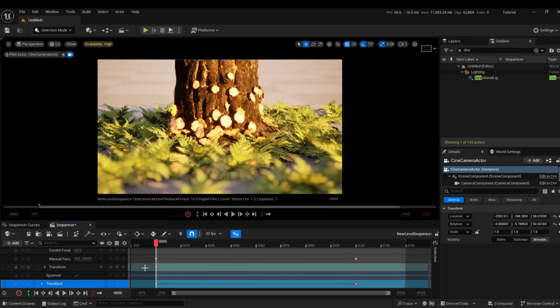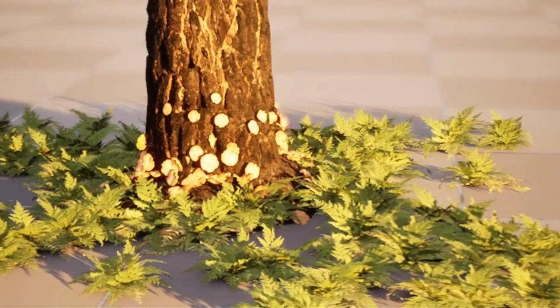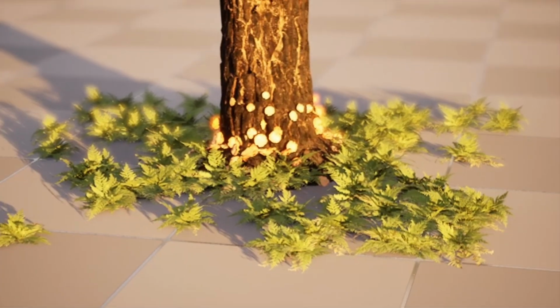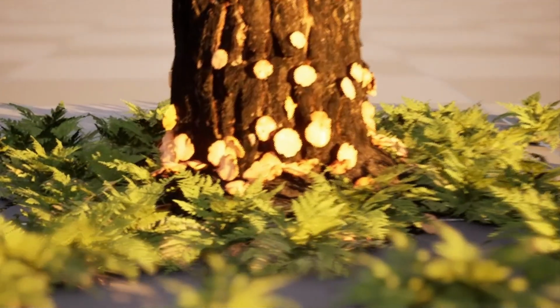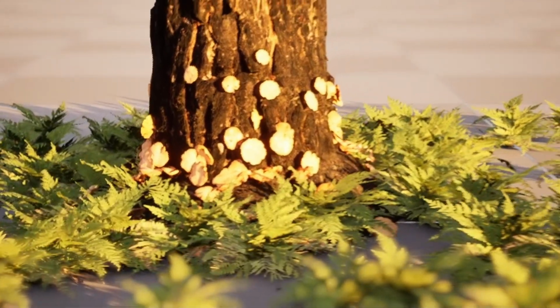So PCG is a fantastic tool that allows for creative experiments. Hopefully this tutorial has shown you how to communicate with static meshes and other actors within PCG, so you can now apply these principles to your own